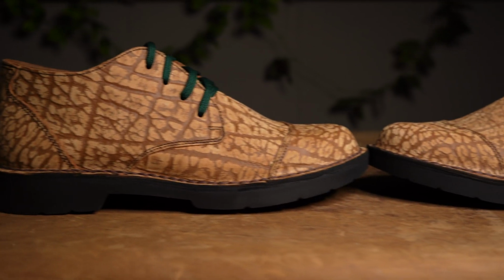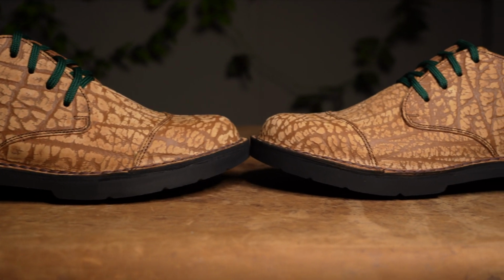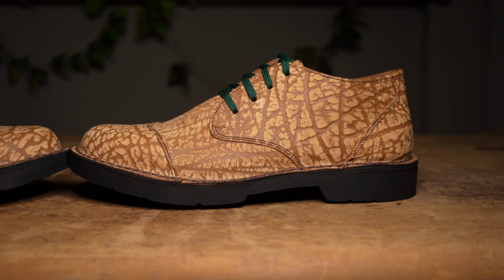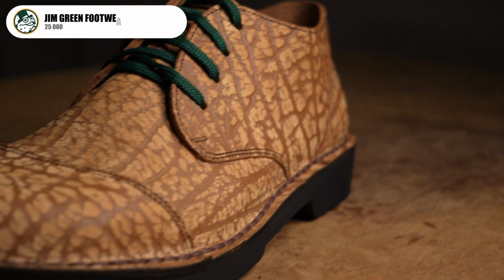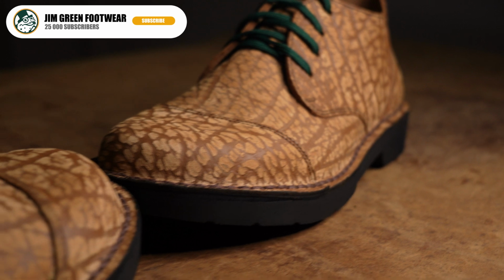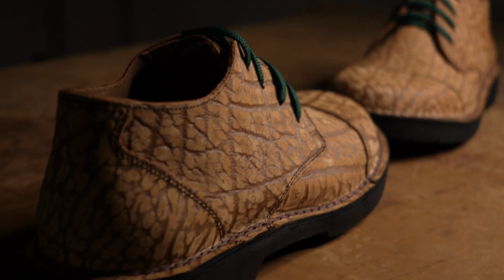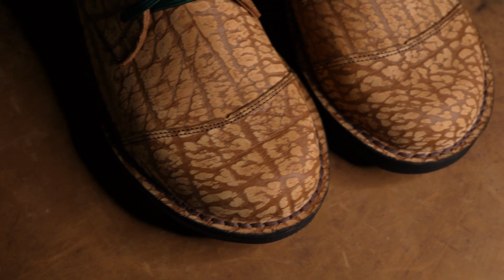Although our Afrique leather does have a sort of exotic look to it, it is important to note that it is a bovine leather. And how we achieve this texture and pattern is by simply embossing it onto the leather in the tanning process. The Afrique leather is some of the firmest leather that we stock in our range, and